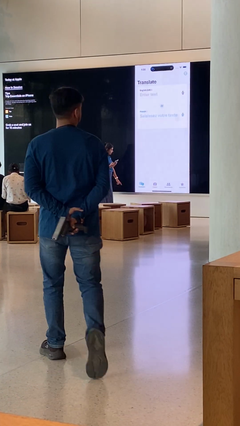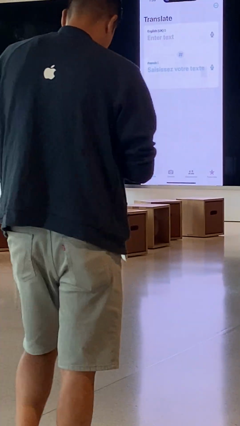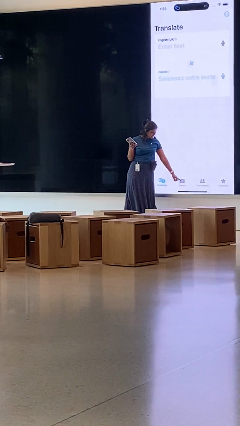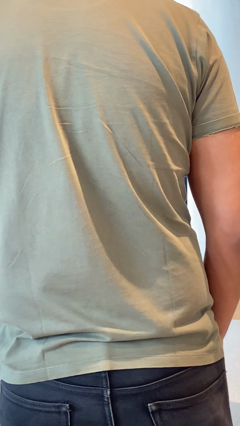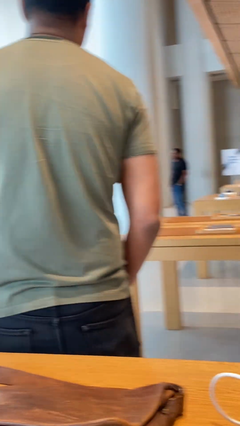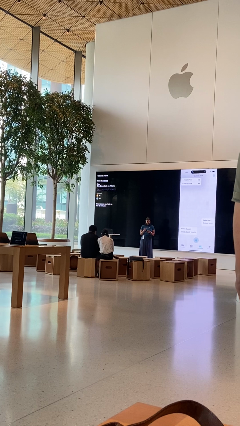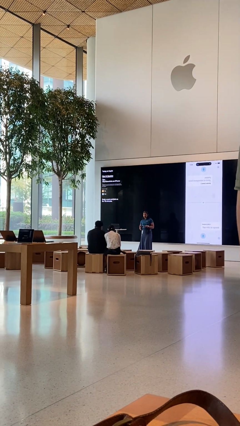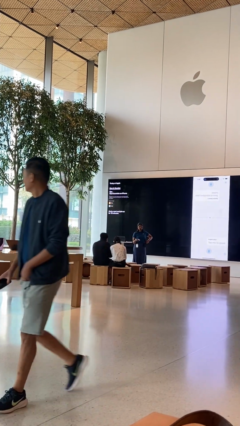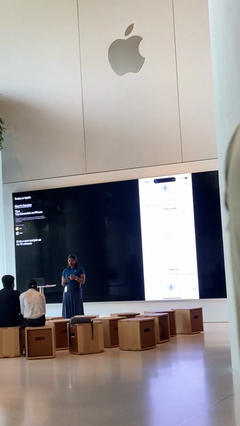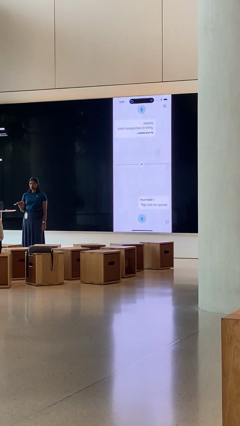Okay, so of course you can just type it to translate whatever you're looking to translate. But another thing that I love about Translate is you can use something called a conversation mode, where if you tap on this conversation mode and tap on view, you can have a face-to-face conversation with the other person. So you just have to put your phone in between, so you can have a face-to-face conversation without you having to pass the phone to the other person.